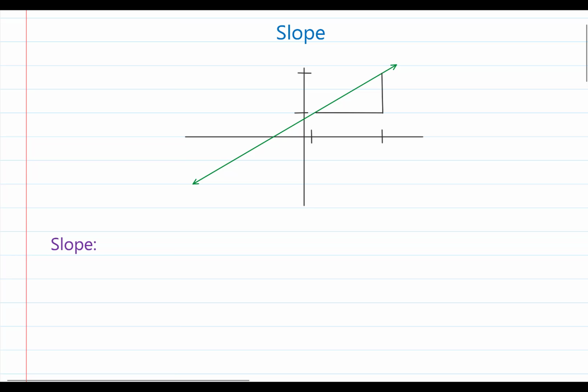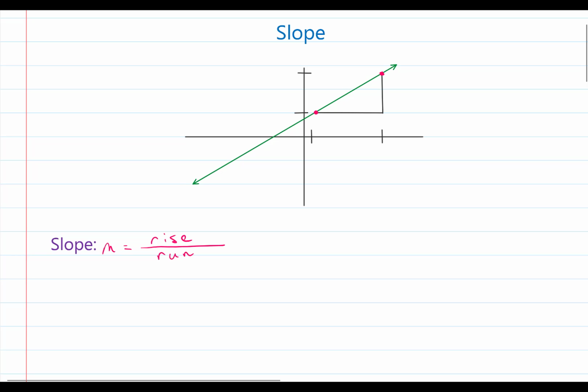So what we know is that the letter m represents slope, and most of us think of slope as the ratio of the rise over the run from one point on our line to another point on our line. And I have graphed here a green line on the coordinate plane, and I'm going to identify 2 points on